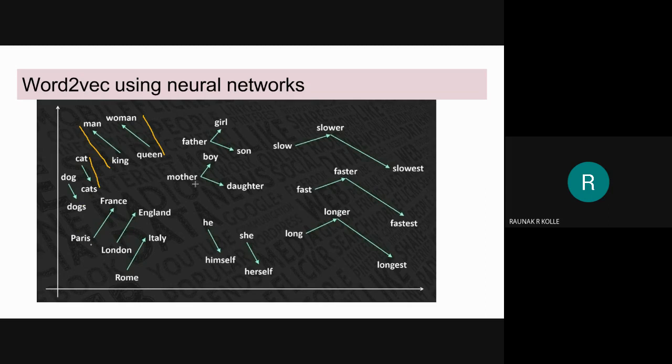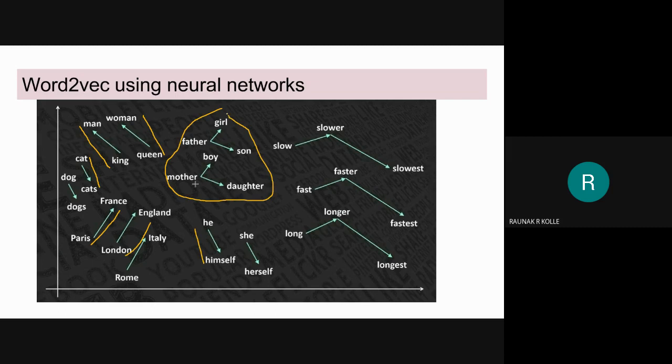Paris being a part of France, so London being the capital of England or part of England, he being a part of himself, and so on. Notice, however, that there is a portion here